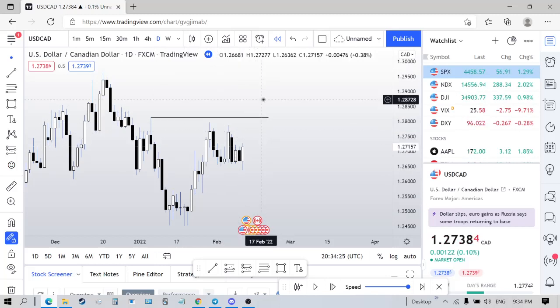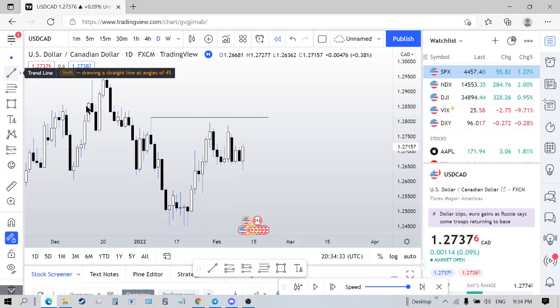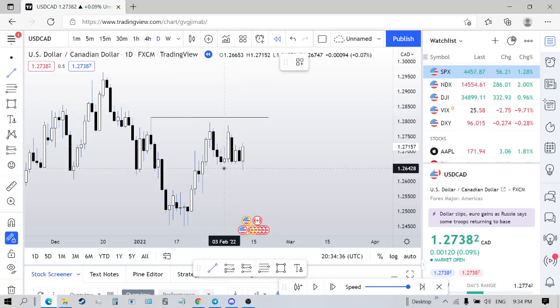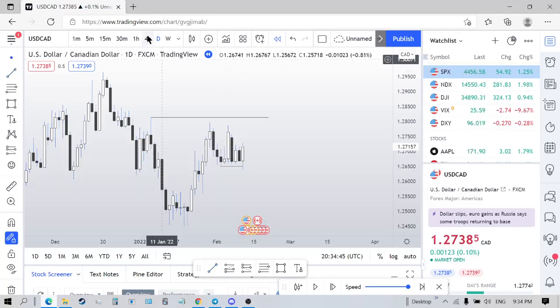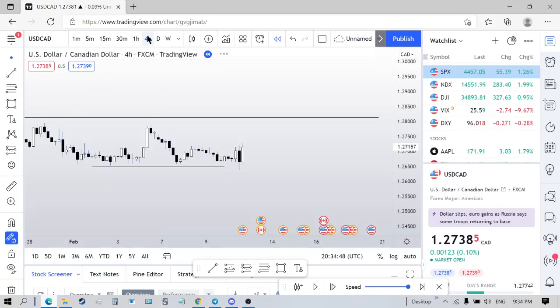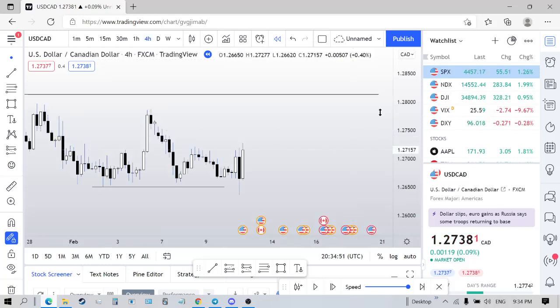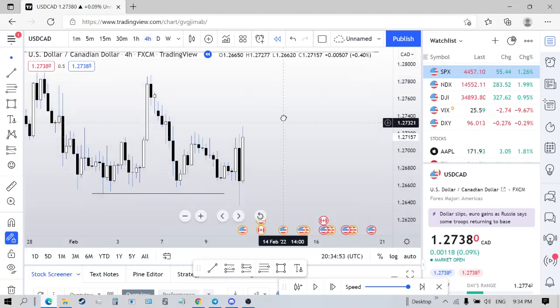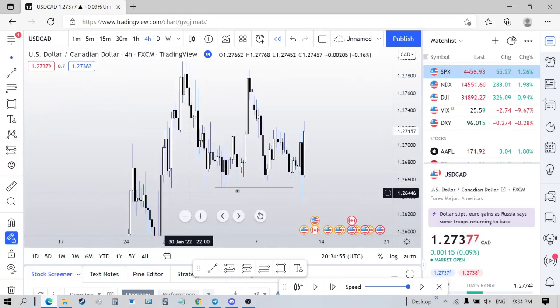I'm focused on liquidity. This is just my direction, where I'm thinking price can potentially get to. With that being said, you can see right here that you have this wick down that took out these lows right here. Boom. That's what we have. So you have a liquidity hunt right here where we took this out.